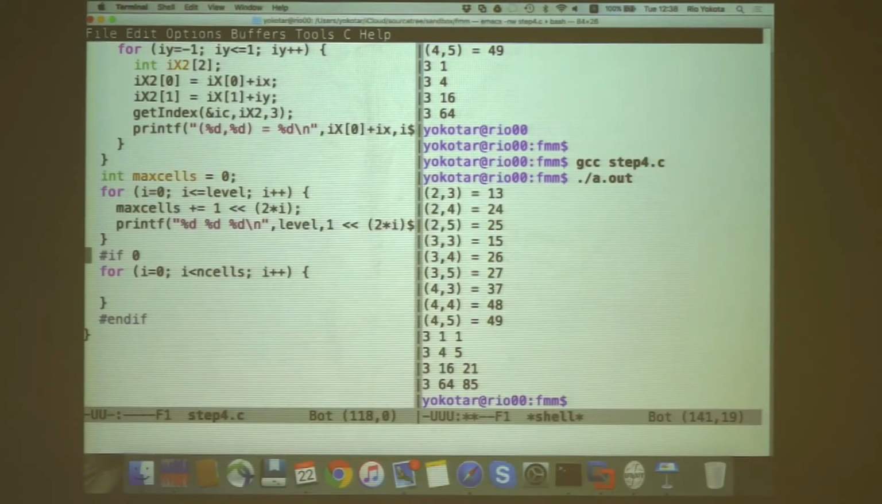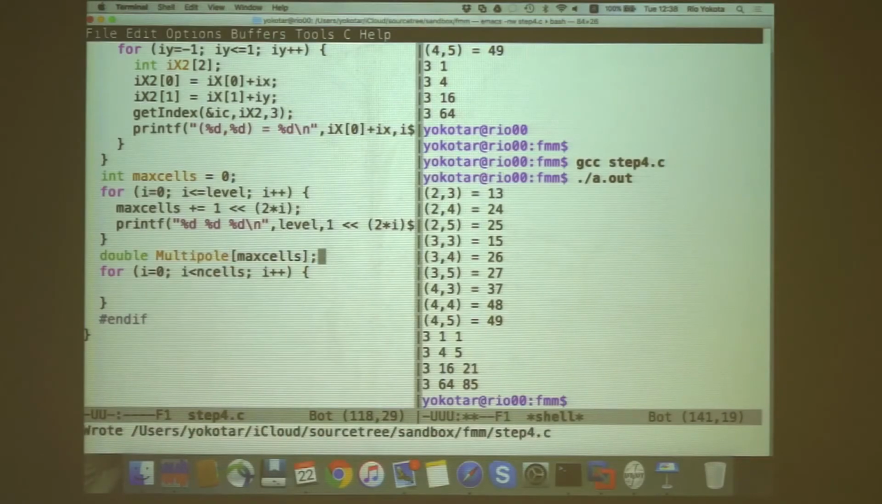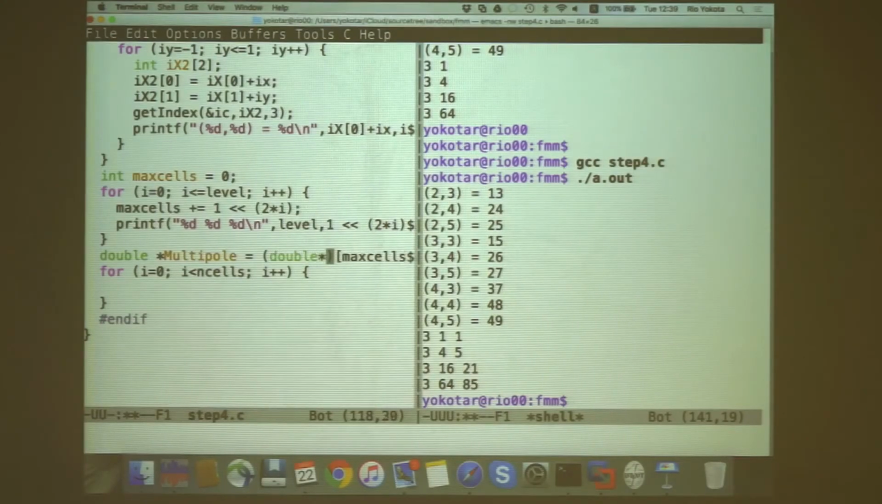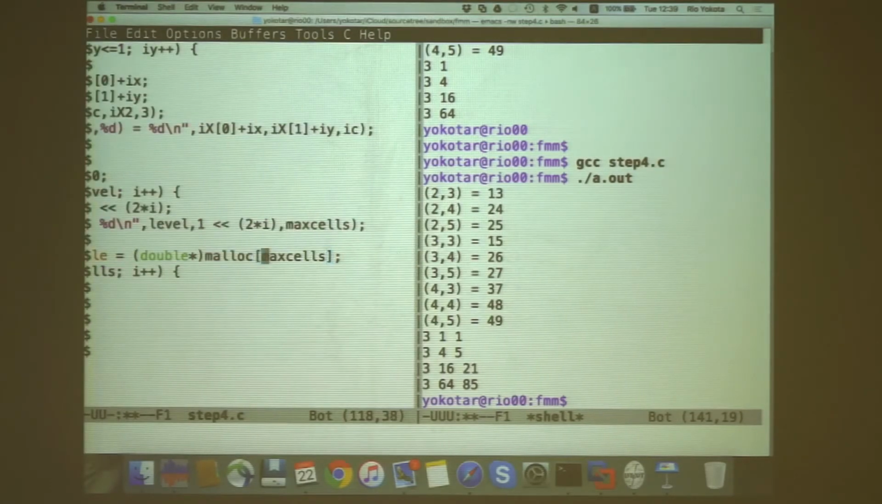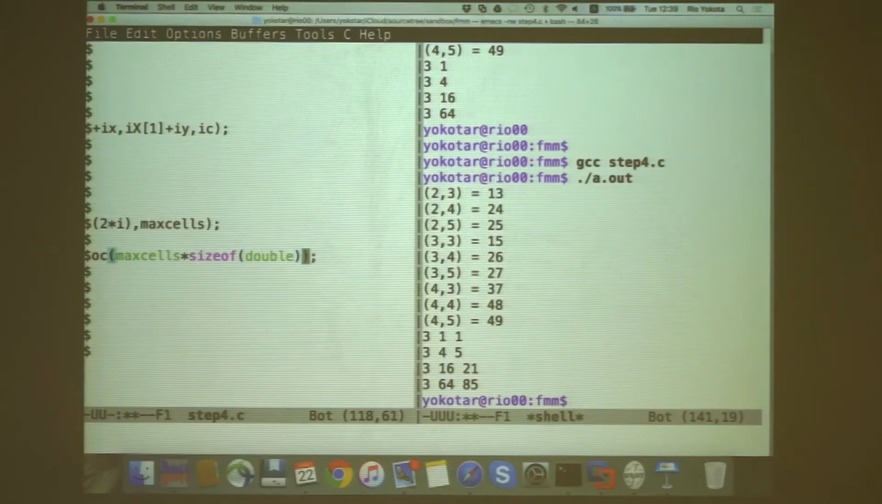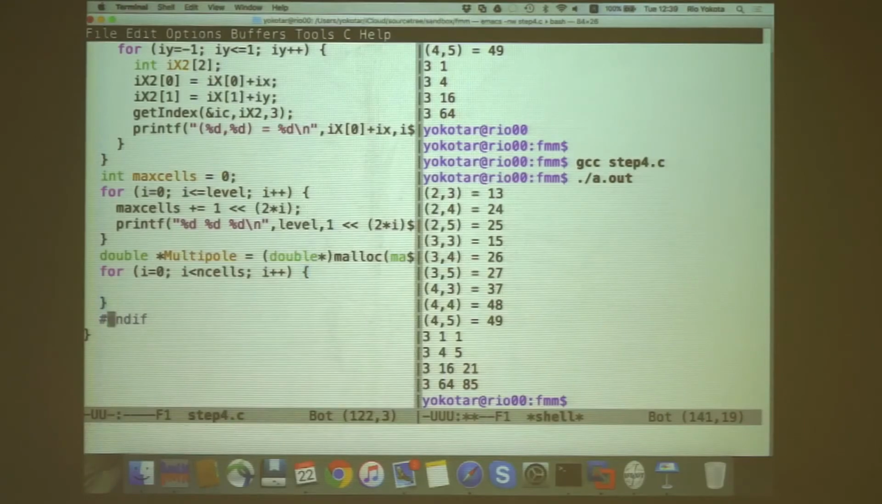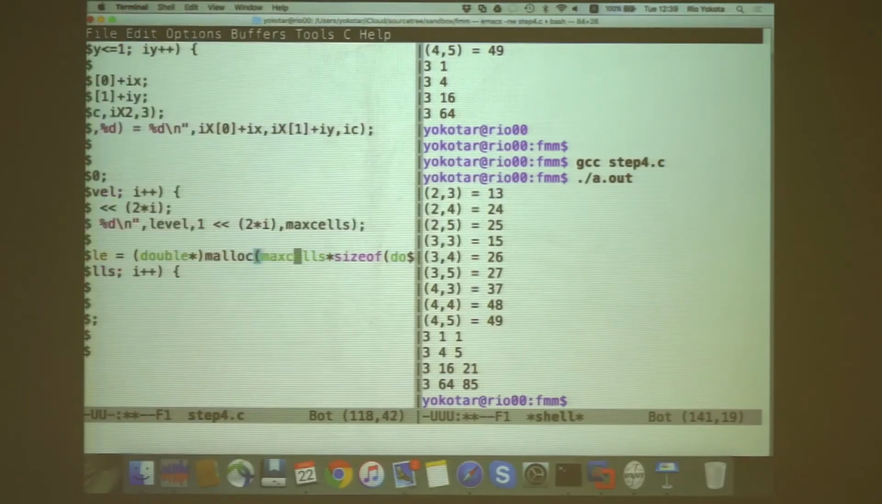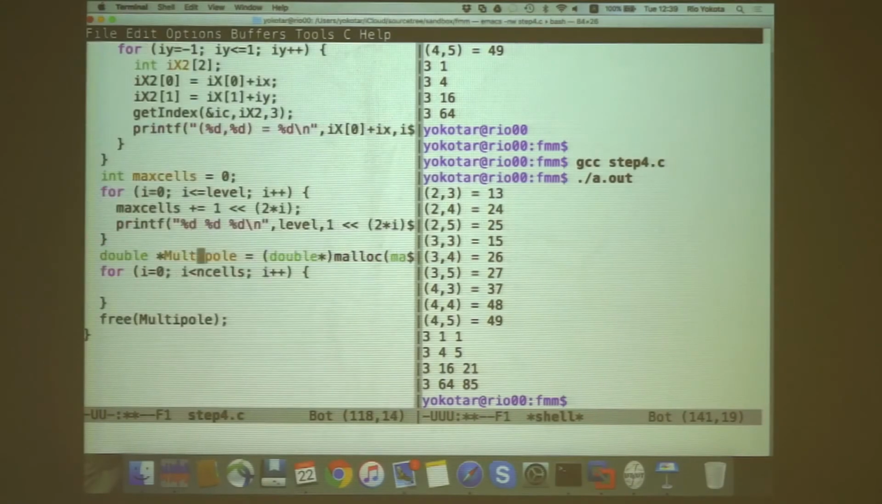Okay, so we did all this calculation for one reason. We wanted to define the array called multiple, which we will make size max cells. Okay, some compilers may not like it if you do this. I think you need to define this in dynamic memory allocation, size of double. Okay, so this creates an array called multiple of size max cells, which we have determined to be 85